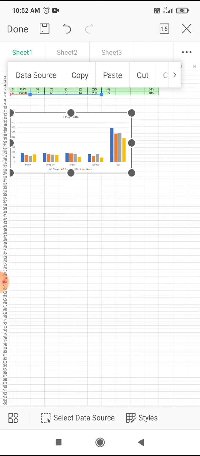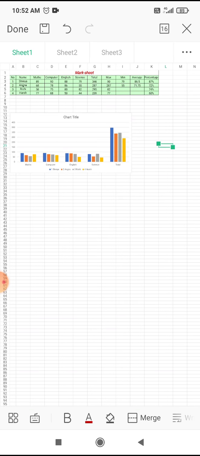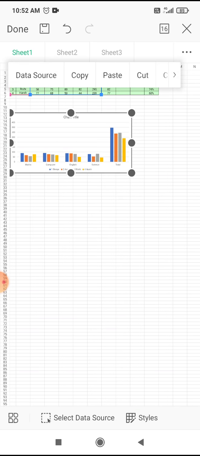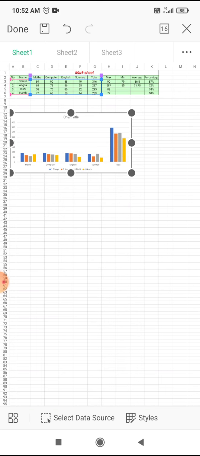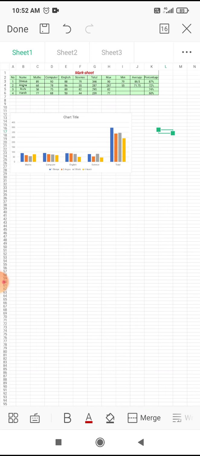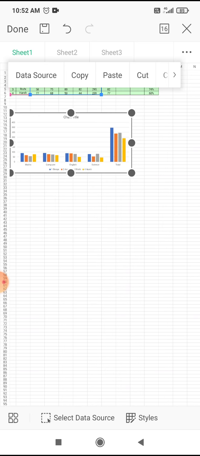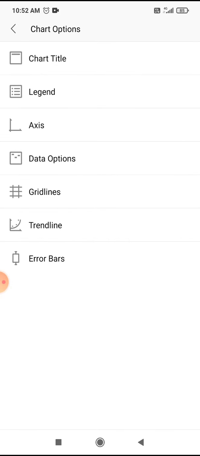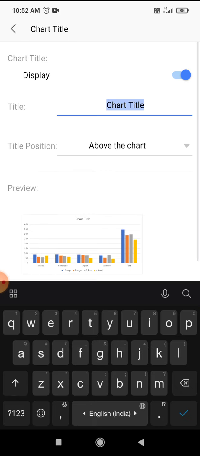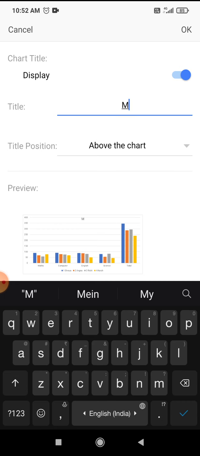If you want to give the chart title to your chart, you just click there. Click on your chart, then click on the chart option, click on the chart title. You just write down here mark sheet.